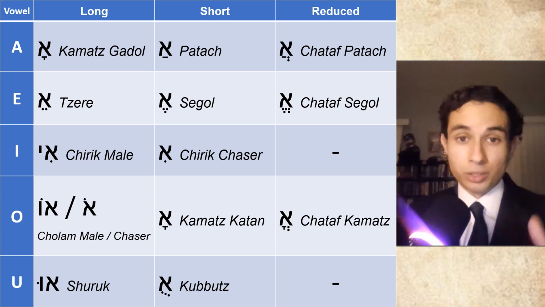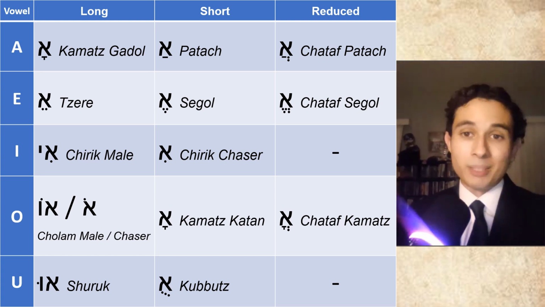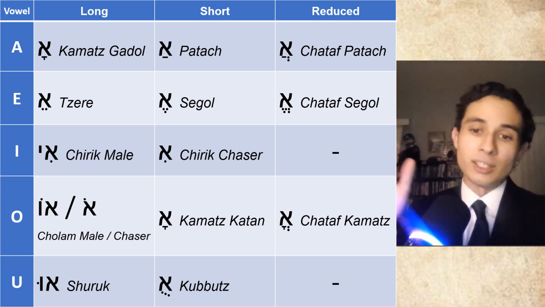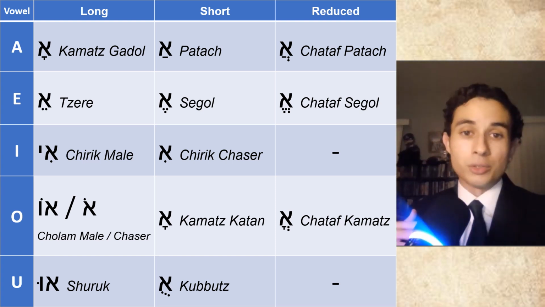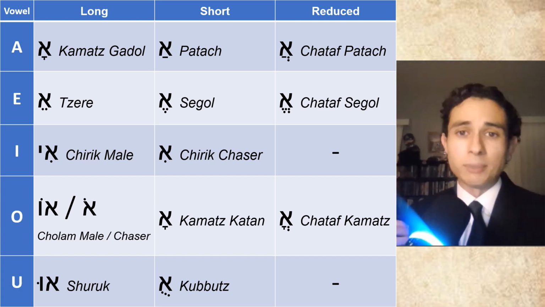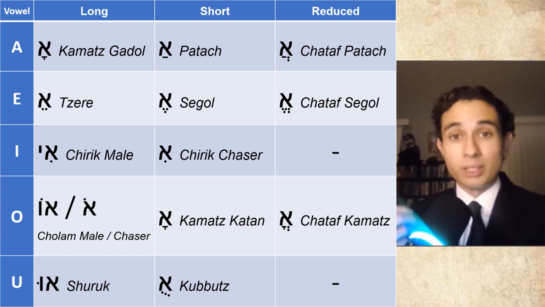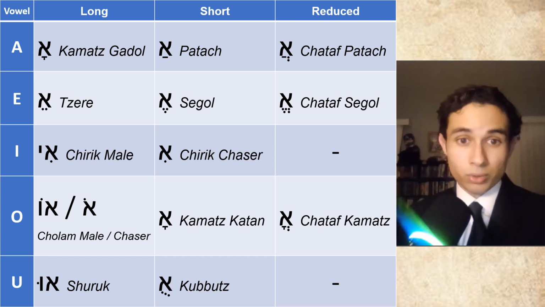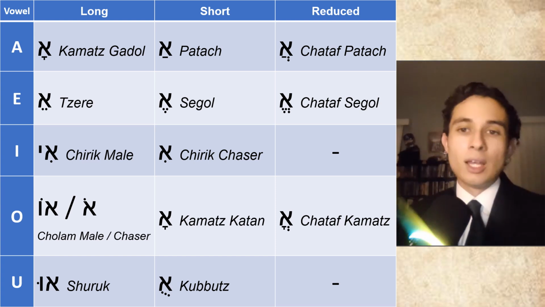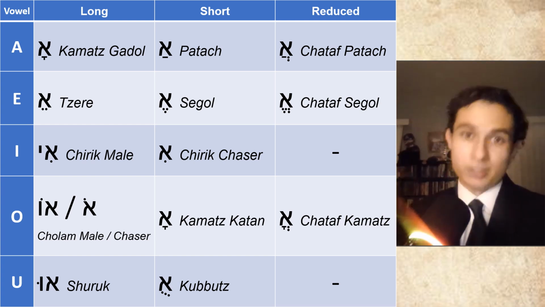Your homework really is to continue studying and practicing, because these names, I don't expect you just to say, oh, that's an A, or that's an E, or that's an U, but really you should be able to memorize their names as well. It's definitely worth learning in the long run, especially for a future where, as you'll see next week, there are certain grammatical rules for certain vowel sounds. So you're going to want to differentiate them by name as well. But also, it's definitely worth learning and memorizing for a future where you are going to be teaching someone else.